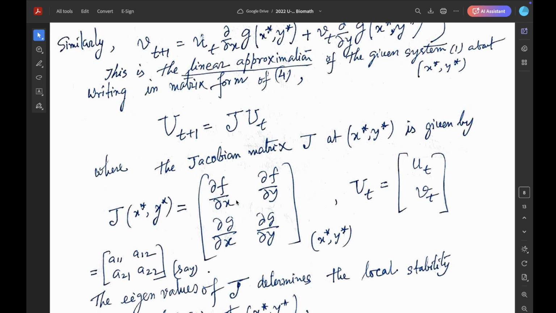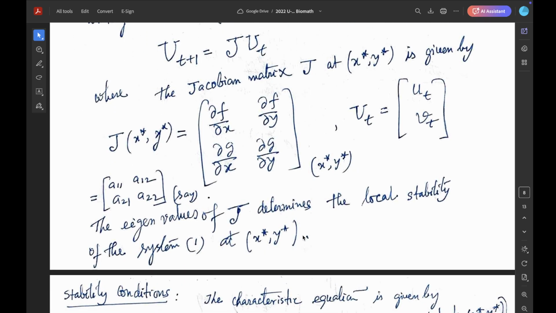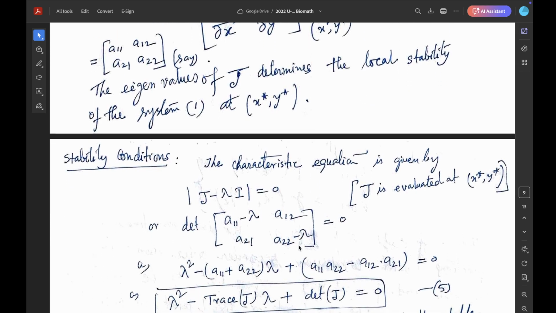So del f del x at the point x star y star equal to a11, del f del y equal to a12, del g del x equal to a21, del g del y equal to a22. The eigenvalues of J determine the local stability of the system 1 at the critical point x star y star. Stability conditions: the characteristic equation is given by